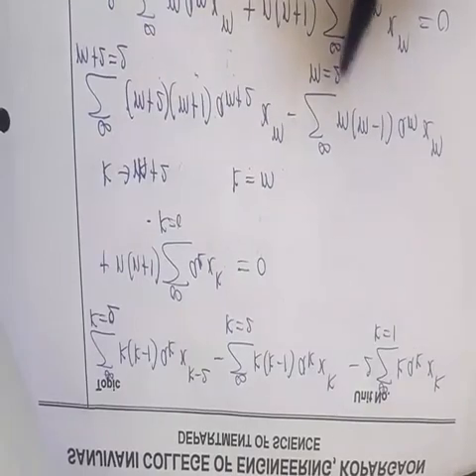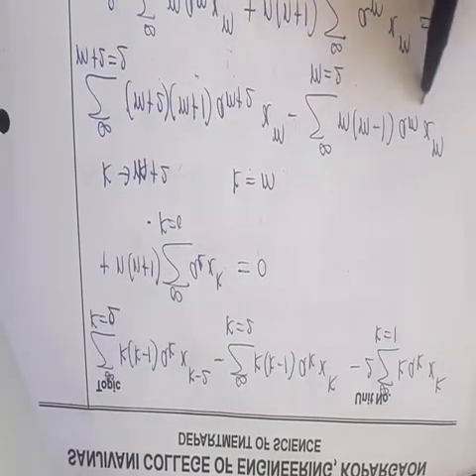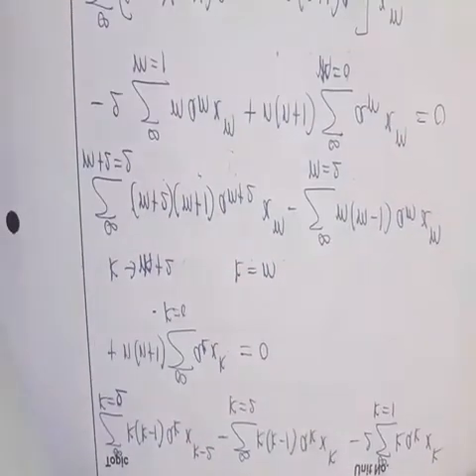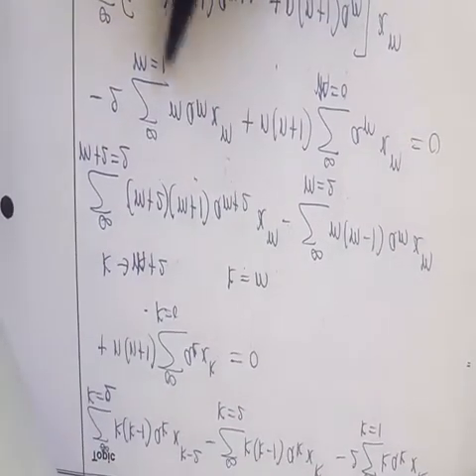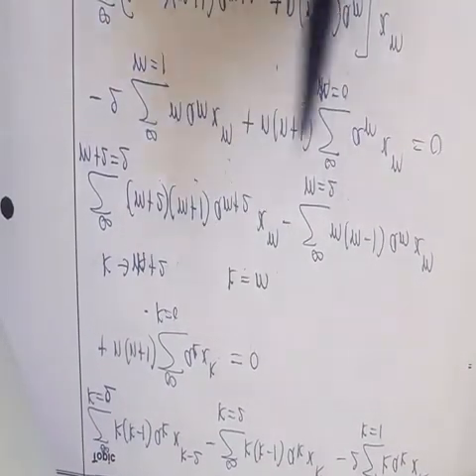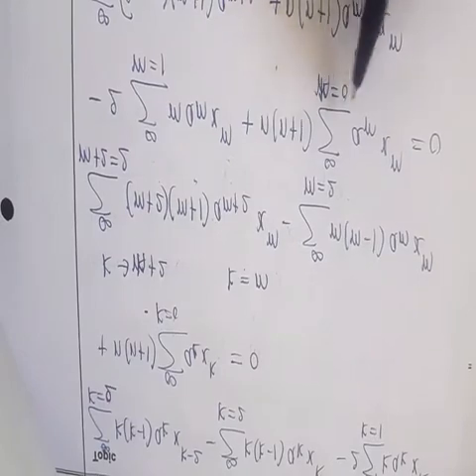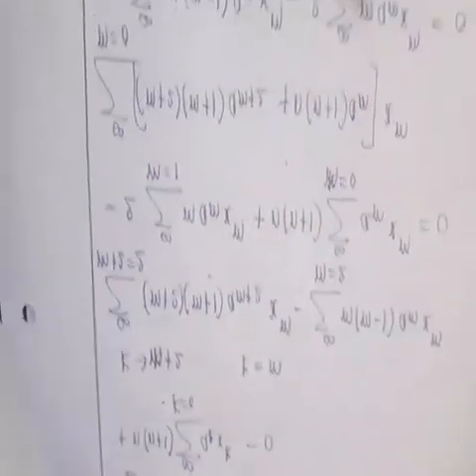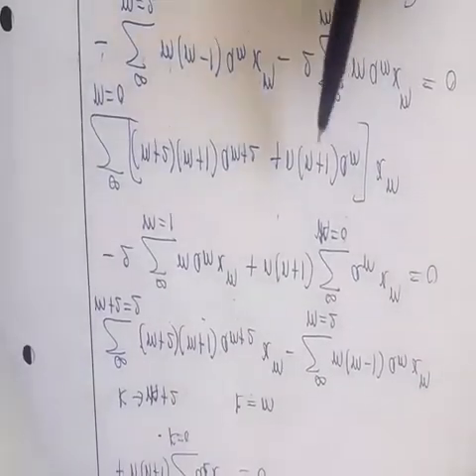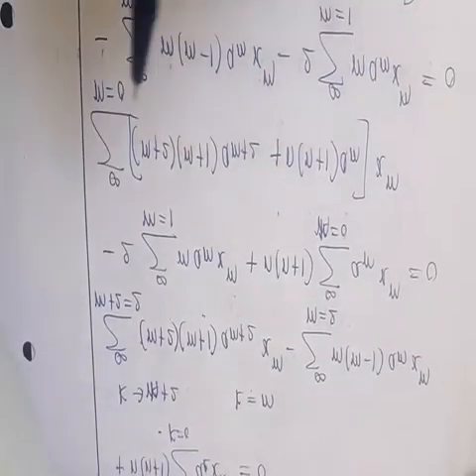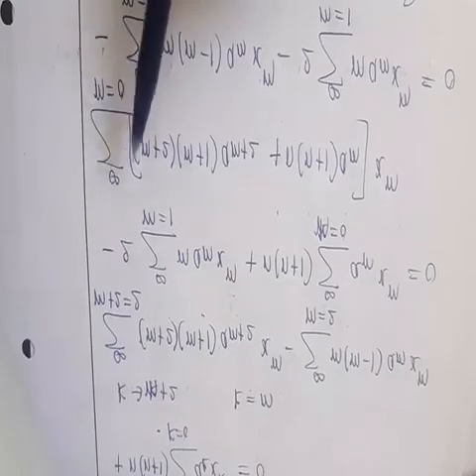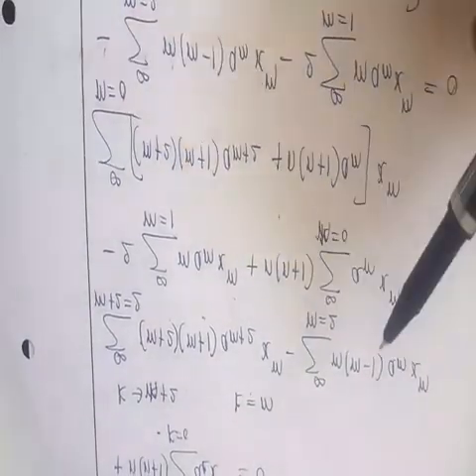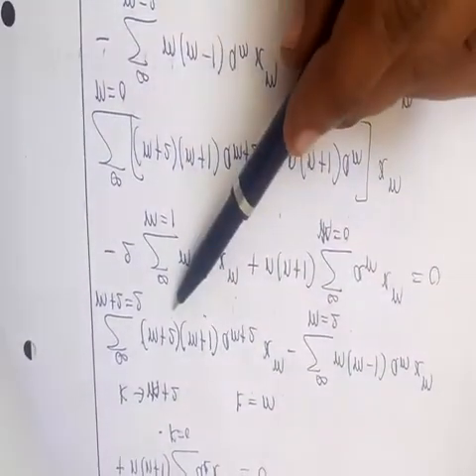So summation m equal to 0 to infinity (m plus 2)(m plus 1) a_(m plus 2) x to the power m, minus summation m equal to 2 to infinity m(m minus 1) a_m x to the power m, minus 2 times summation m equal to 1 to infinity m a_m x to the power m, plus n(n plus 1) summation m equal to 0 to infinity a_m x to the power m equal to 0. Now combine all the same powers with summation. We have two summations that start from 0 to infinity, the first and the last.